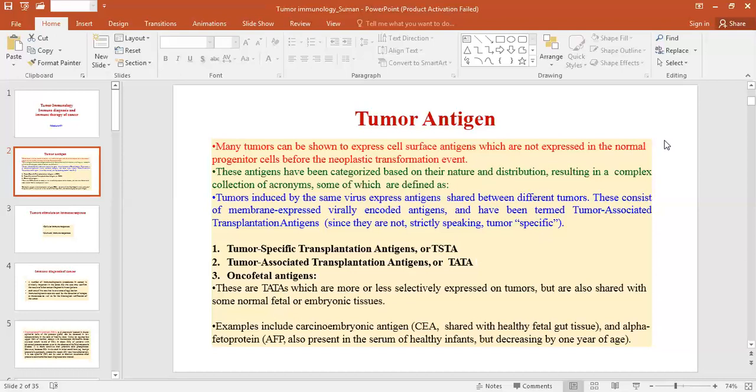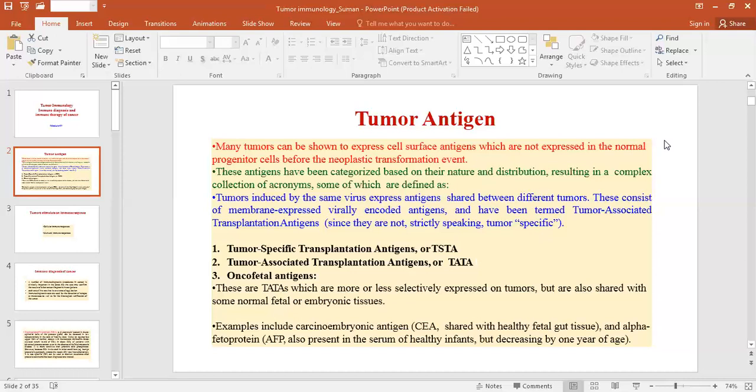So tumor specific antigens, the first group TSTA, are unique to tumors. They are not found on other cells of the body. They are usually the products of mutated genes seen in the cancer cells. Cytosolic processing of the abnormal proteins yields peptides that are unique, and when presented by the appropriate MHC class 1 molecules, it elicits a cell-mediated immune response.